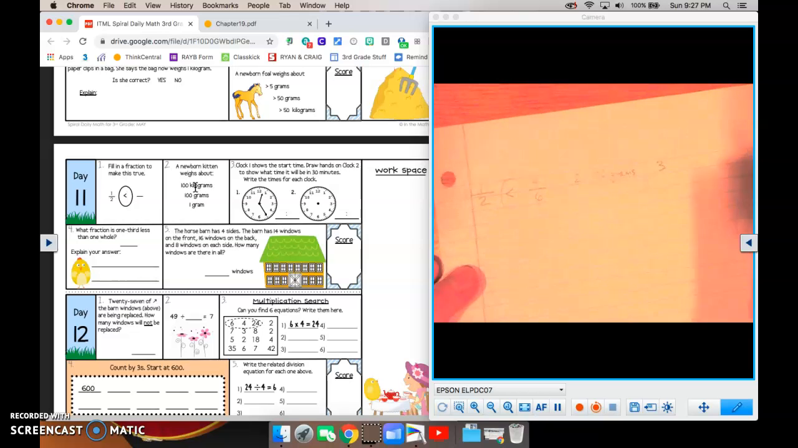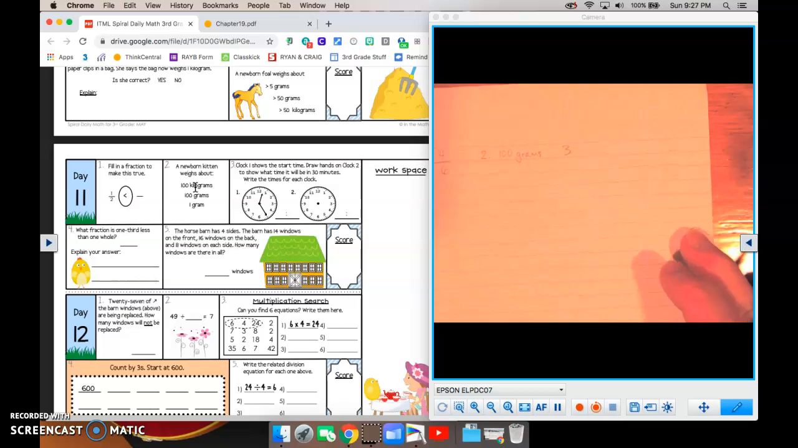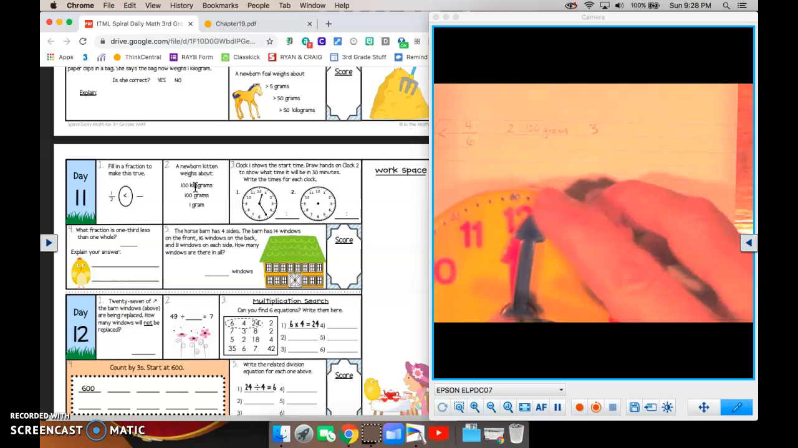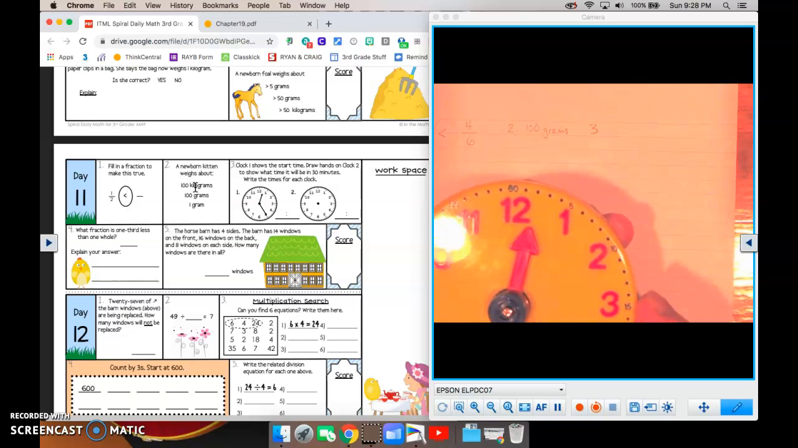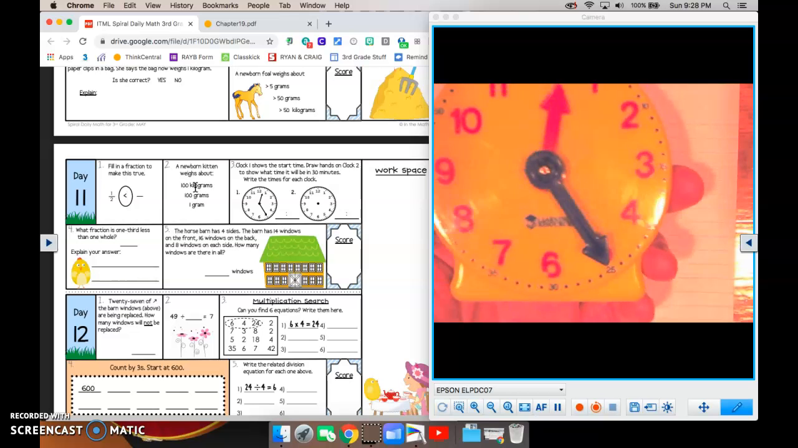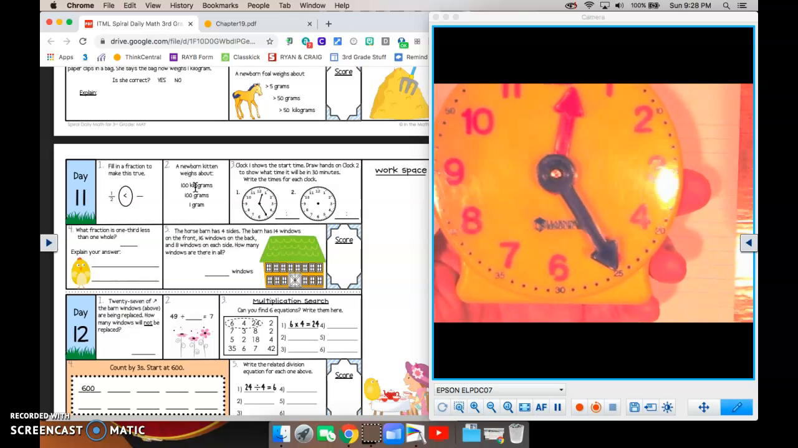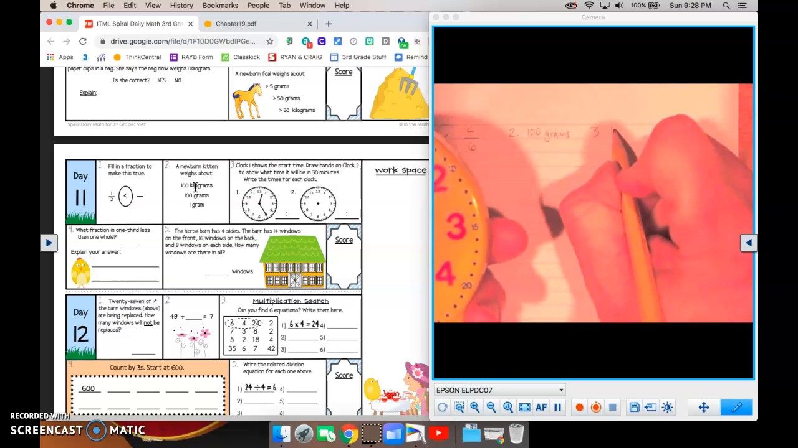All right, number 3. It's asking us to, clock 1 shows the start time. And to me, that clock shows 12. Let me put my clock here. 12, 5, 10, 15, 20, 25. Okay, so there we are, 12:25. So the first time on there,